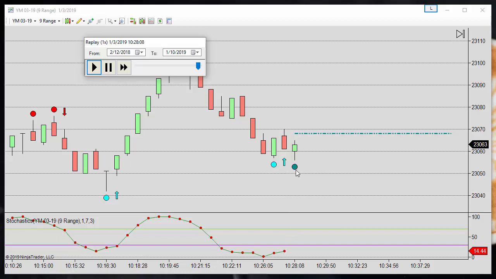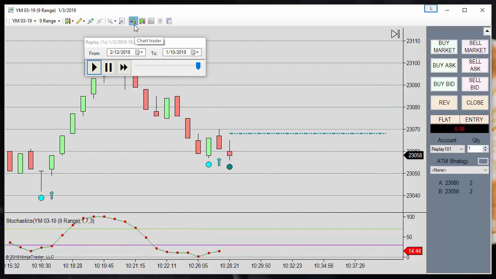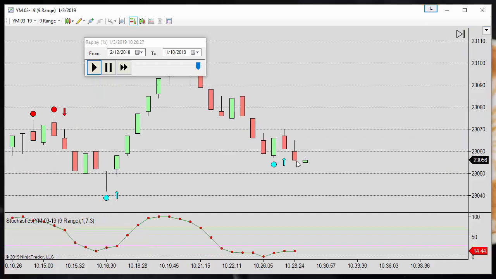The dot is dark. The slope is to the upside, it is below the oversold, and we have a horizontal line showing where I need to place a buy stop, just in case the bar is confirmed at the end of the bar. Now it vanishes because now the slope is no longer positive.